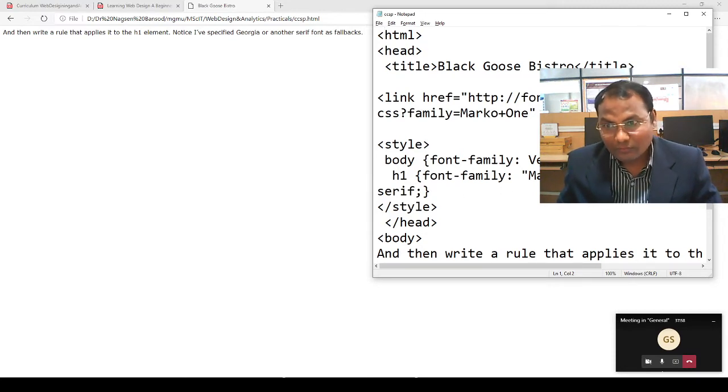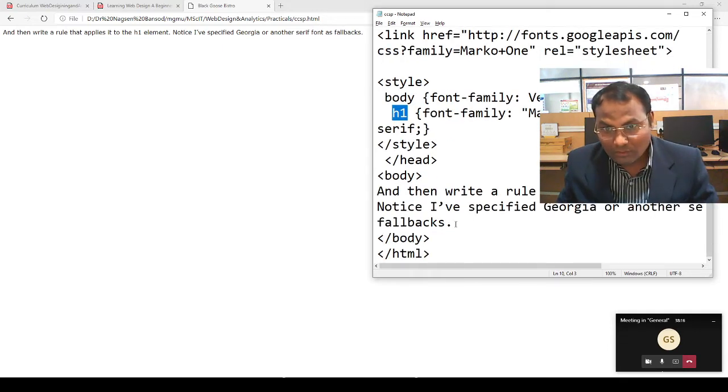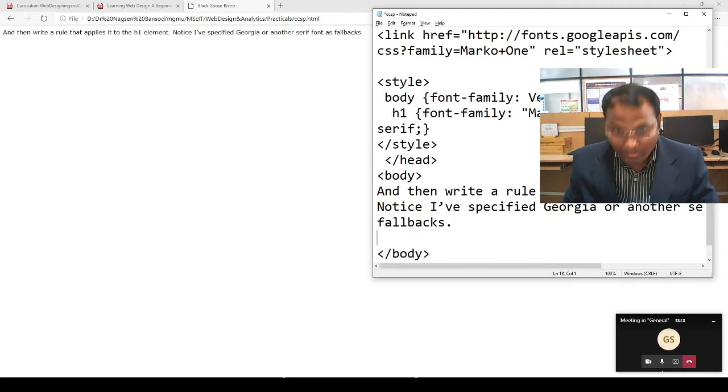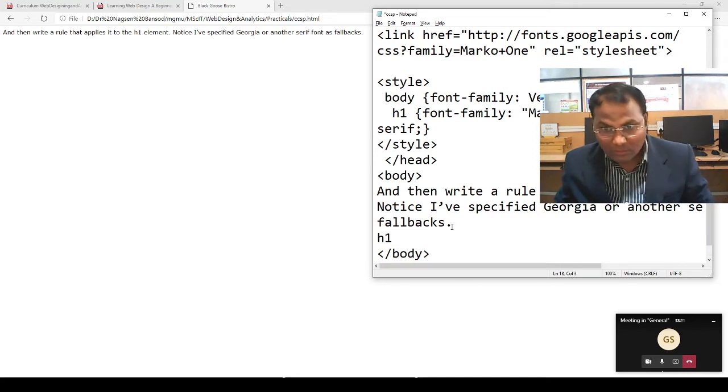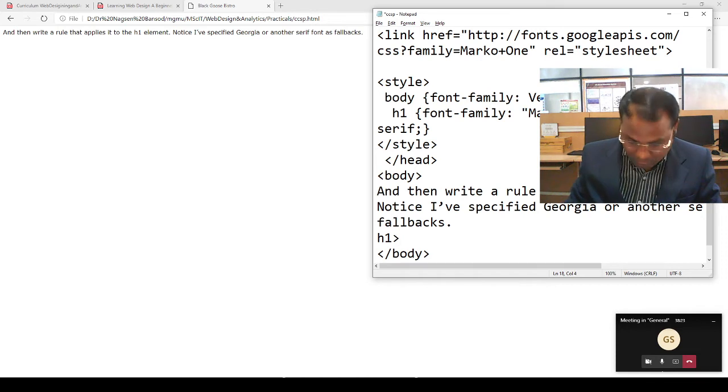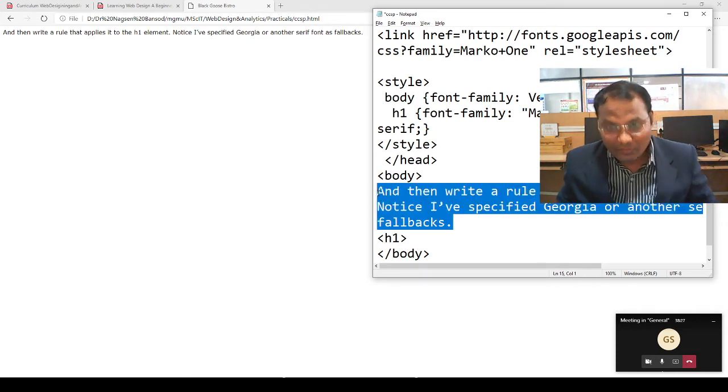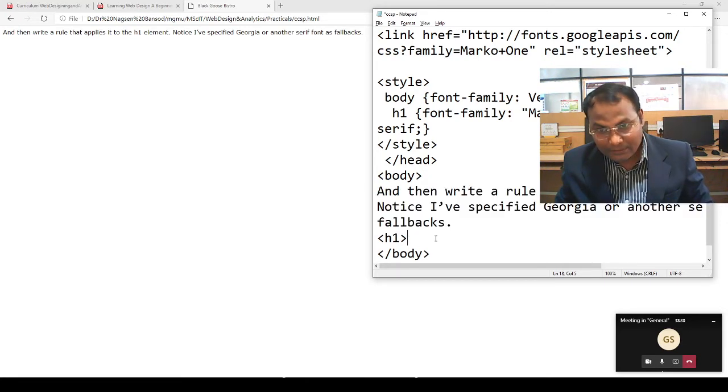Font. Here first the Verdana font is selected by the browser. As well, for practice purposes we can also use H1. So we will add here in the body, below this, an H1, and the same content we will add there.